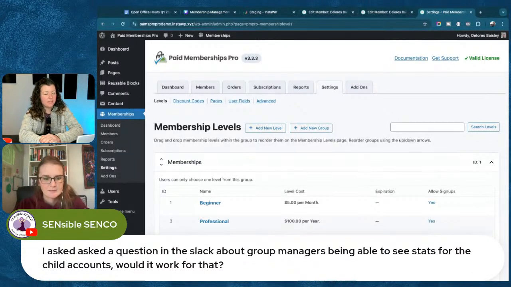Sensible Senko asked about group managers being able to see stats for child accounts. This would not work for that. It really depends what those stats are. You would probably need custom dashboards for that or custom group functionality on the group account manage group page. If it's stats from other plugins, like let's say you were using Lifter LMS for courses and you wanted the group manager to see performance and action in the course, this wouldn't